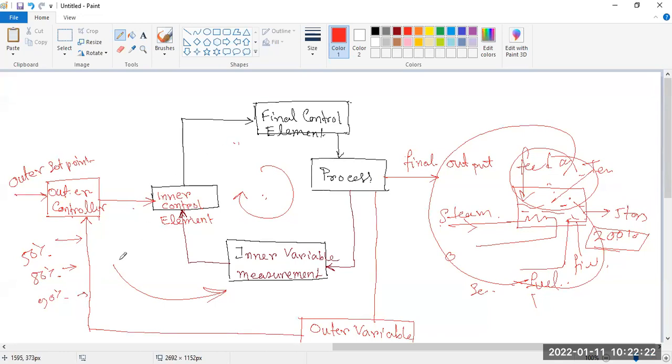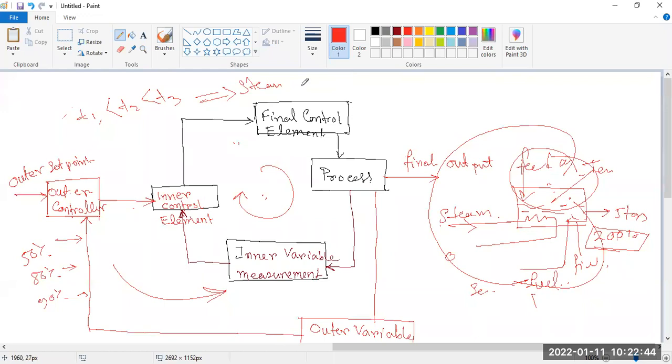Because if I give much heat, first time temperature is T1, second time temperature is T2, third time T3,